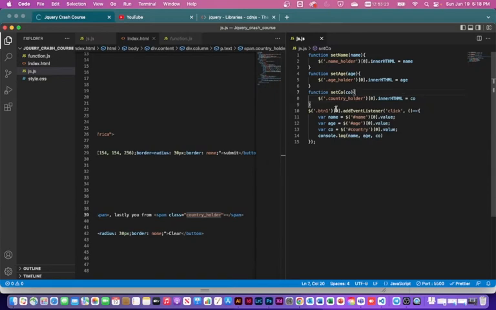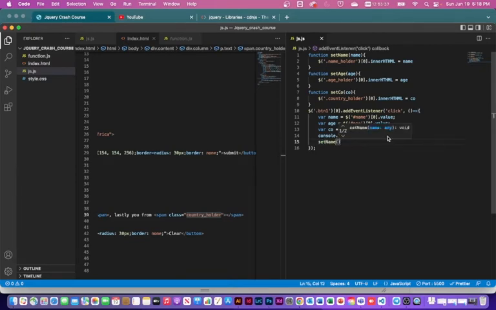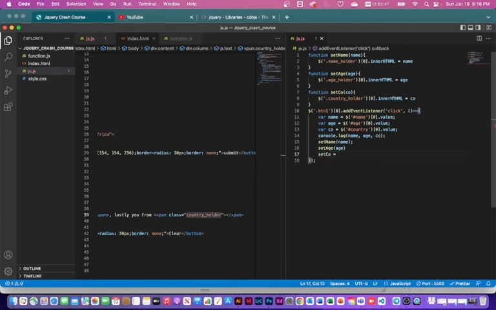So yeah, guys, this is how you would normally do it, and then all you have to do is call set name, right, and then pass in the name, and then set age, and then pass in the age again, which is age, and the country, set country, and then pass in country again, which is CO, and then finally don't forget to target